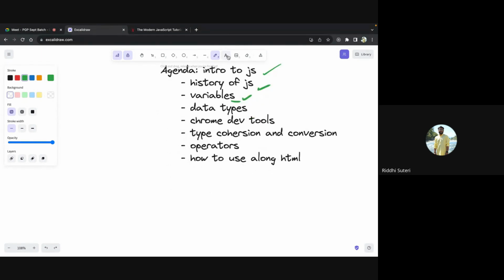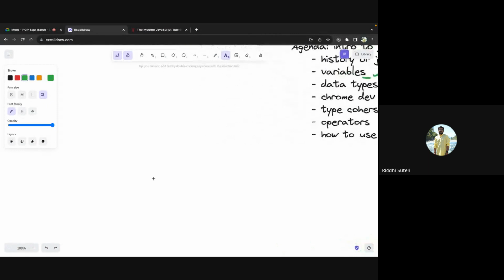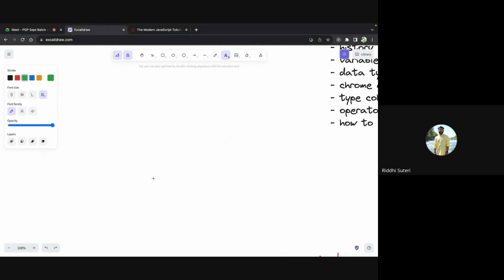You don't need to write data types, right? You already know that there is no concept of data type while defining a variable. So I can define a variable by writing var, then name maybe, or variable one, and I can give any value to it. It could be 10, it could be a string, it could be boolean, or any other thing. This is a keyword that we use to declare a variable, and it does not signify any data type, right? That is the first point.